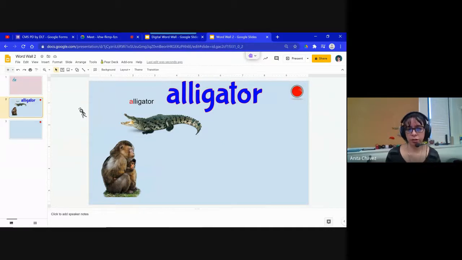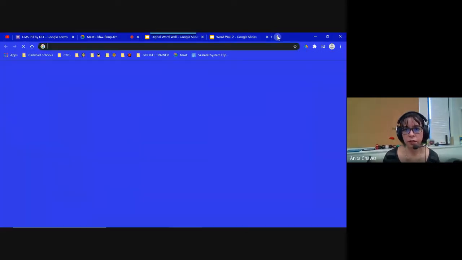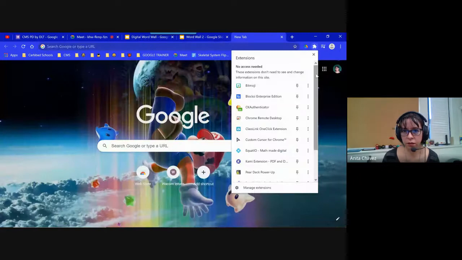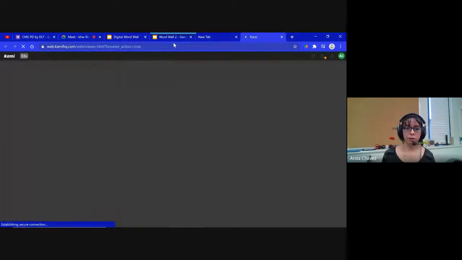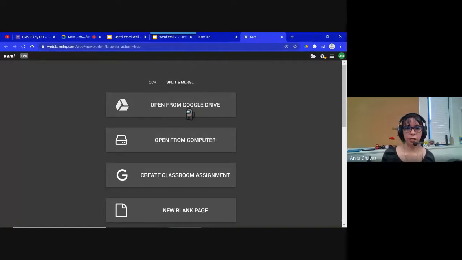So that children don't change these, I suggest you send it out as a Kami document. That way all the buttons and everything will still work. I'll show you using the one that I already built here. And that way the kids cannot change it. Let's look at,